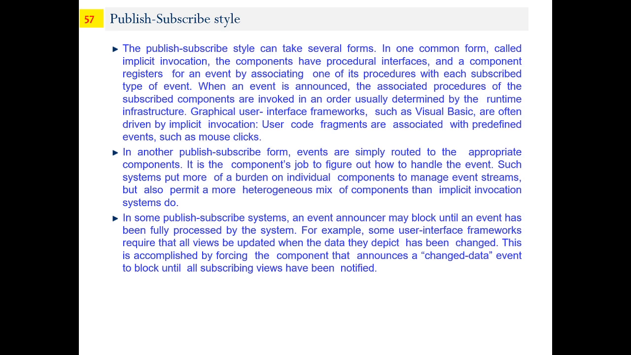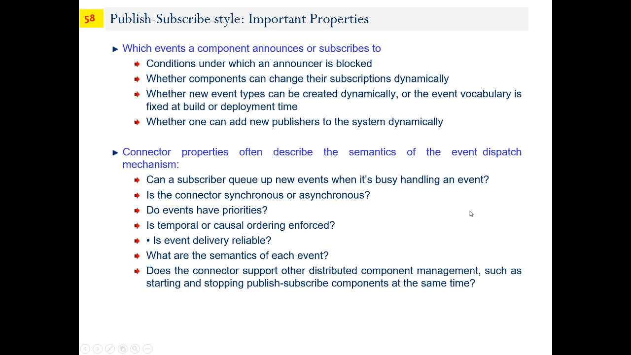One thing is, just see to it that user code fragments are associated with predefined events such as mouse clicks. We are dependent on mouse clicks very often. Or if we are using web apps, our taps will indicate that we are interested in a certain thing. It also permits a heterogeneous mix of components that has implicit, meaning not conveyed explicitly, implicit invocations, right? So both things are being supported, and here